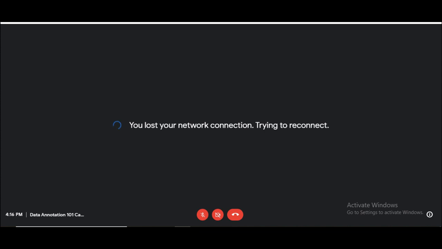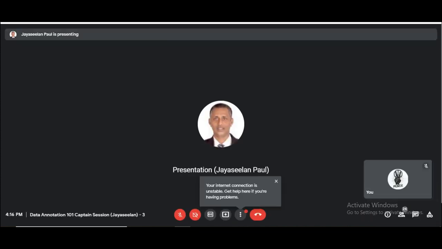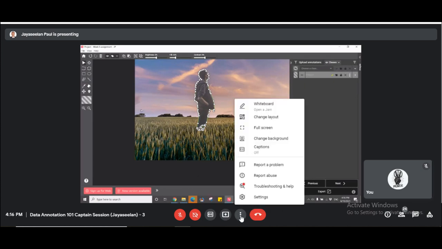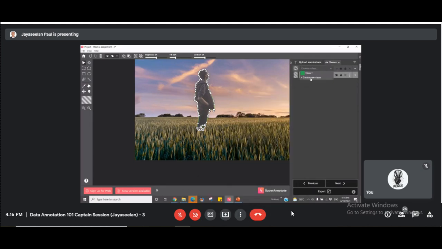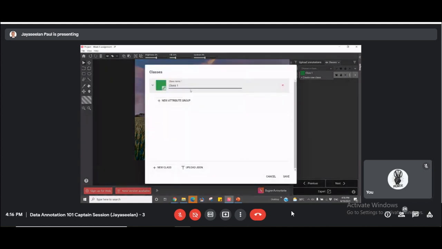So this is the instance that I have marked using the polygon tool. The class here is person. And the subclass that you would want here is gender. You need to tell what gender they are, male or female, only two. Remember class, subclass. So your class here is person and the subclass here is male, female.